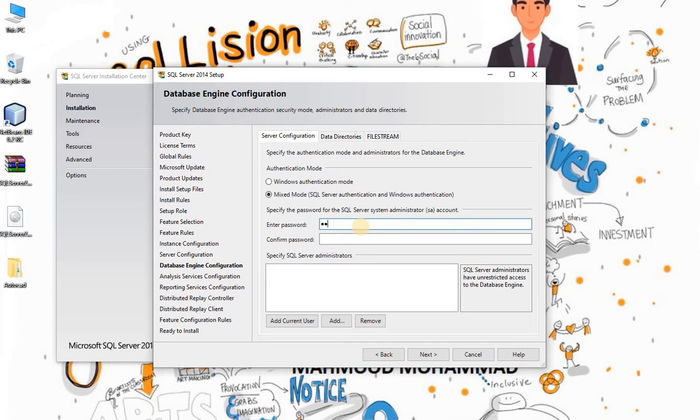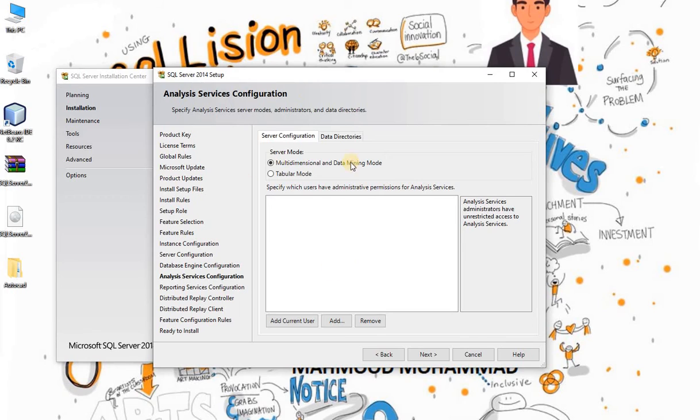I am giving my password, you can provide whatever password you are comfortable with. Then add current user. Say next.